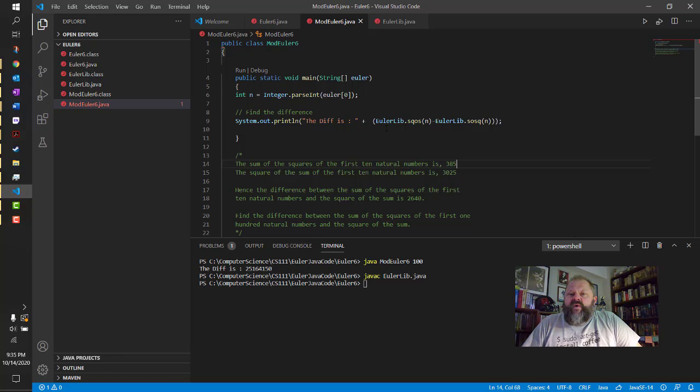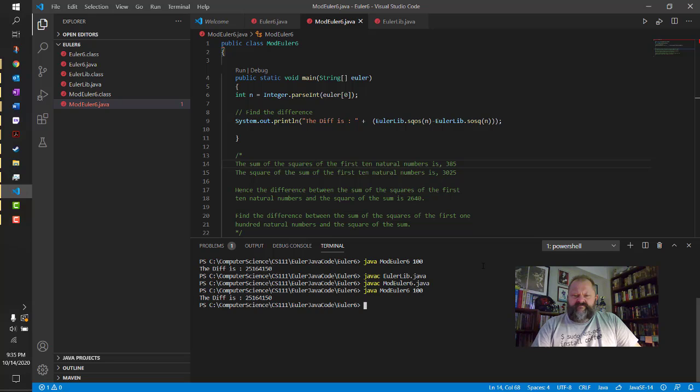All right, so now I'm saying, hey, go to EulerLib and go grab those functions. Okay? So now I run the code, and it runs just like it did before,